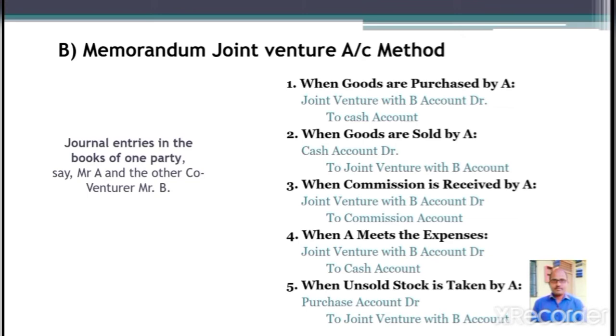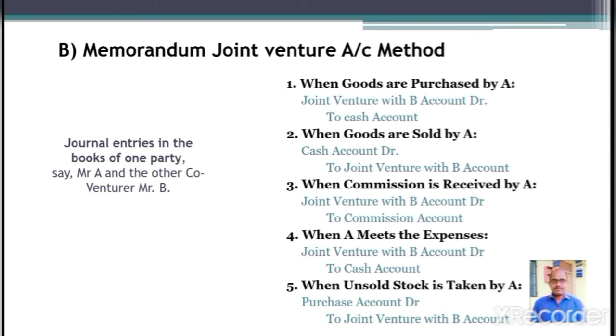When commission is received by A, the journal entry is joint venture with B account debtor to commission account. When A incurs the expenses, the journal entry is joint venture account with B debtor to cash account. When unsold goods are taken by A, the journal entry is purchase account debtor to joint venture